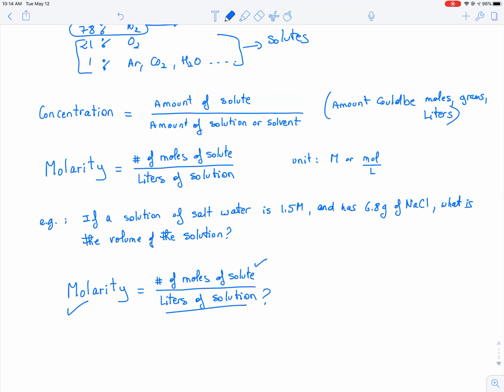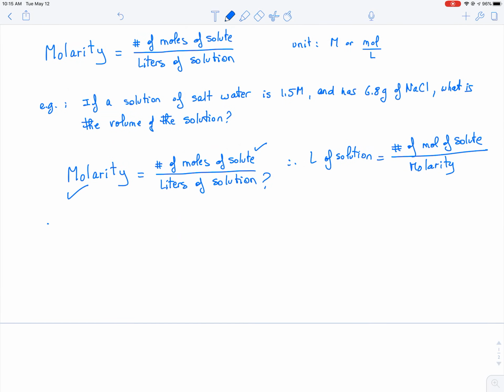So once I convert the grams to moles, I have that. Then I'm going to solve for the liters of solution. So I can rewrite this as liters of solution is equal to number of moles of solute, which we will figure out in a minute, over molarity. So let's calculate the number of moles. So number of moles of NaCl is equal to 6.8 grams